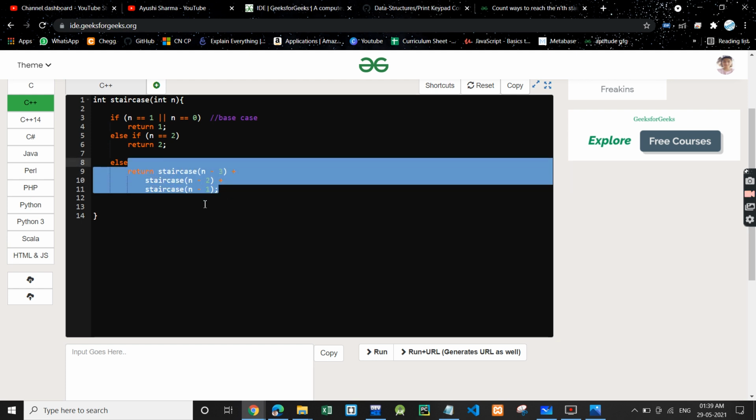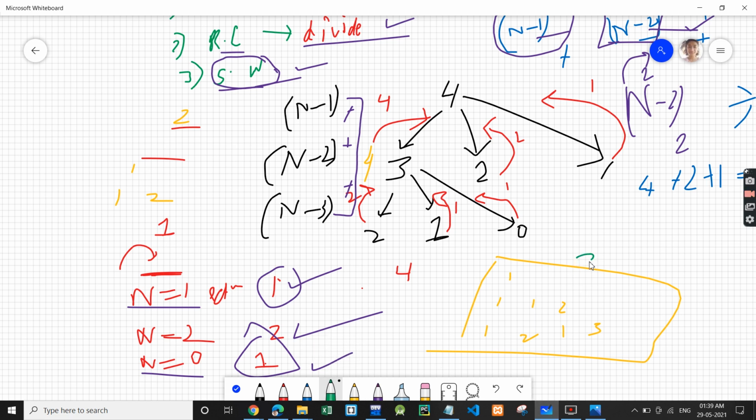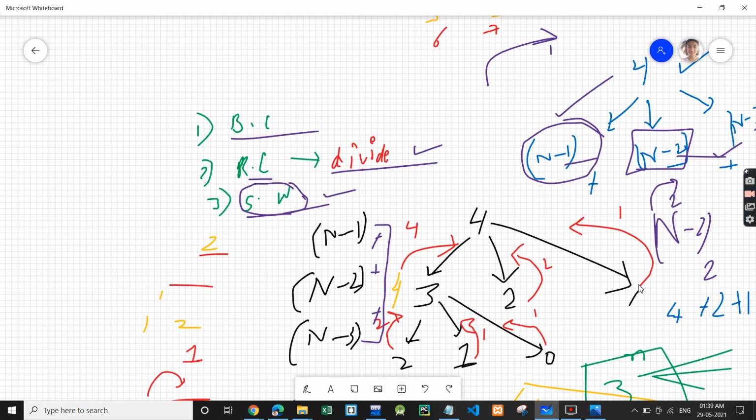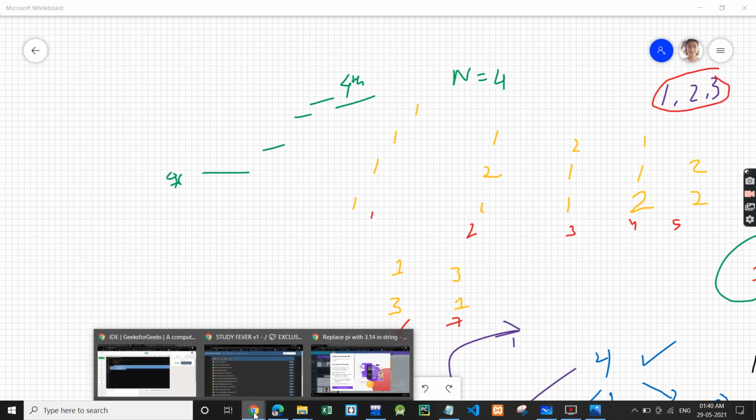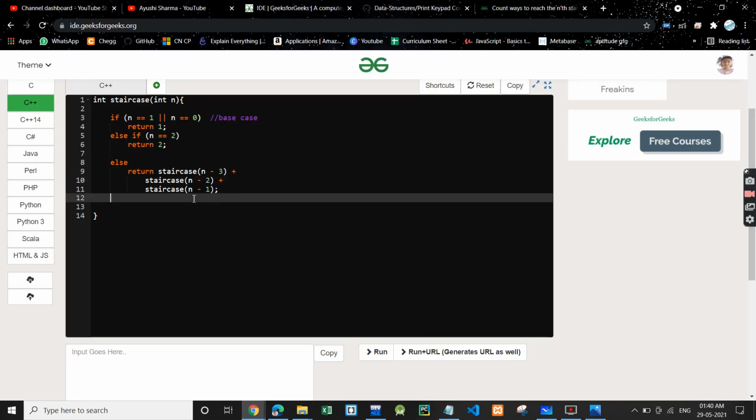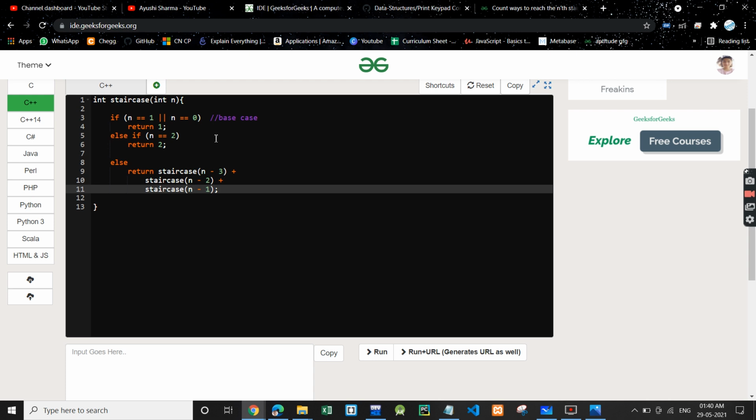So over here we are making 3 recursive calls, so the time complexity will be 3 raised to power n, right? Because we are making 3 times 3 calls, right? Now this is very bad time complexity, so we will be improving this complexity using dynamic programming in the dynamic programming series. Since this is recursion, we needed to know how we can solve this problem recursively, right? So I hope you understood the problem and the logic.